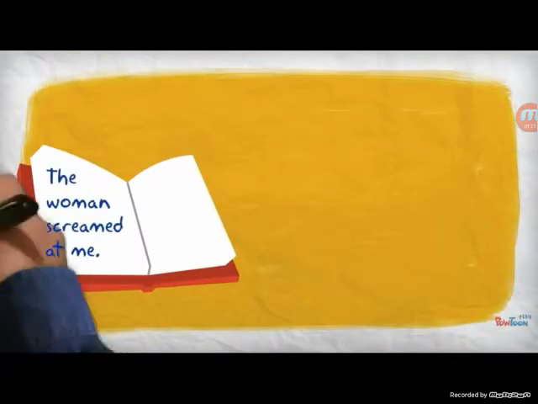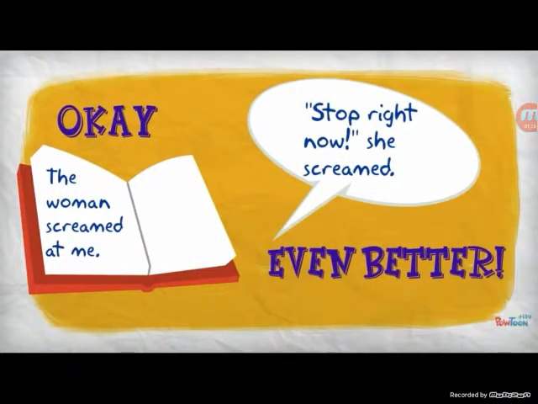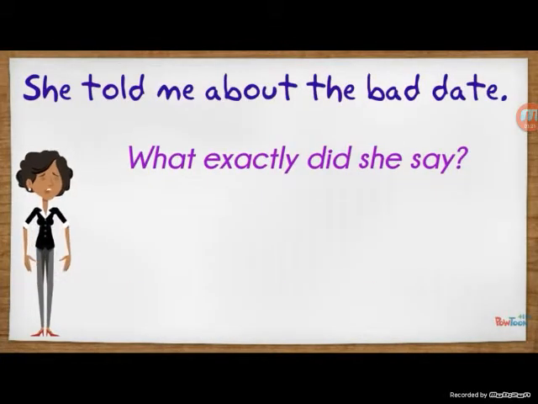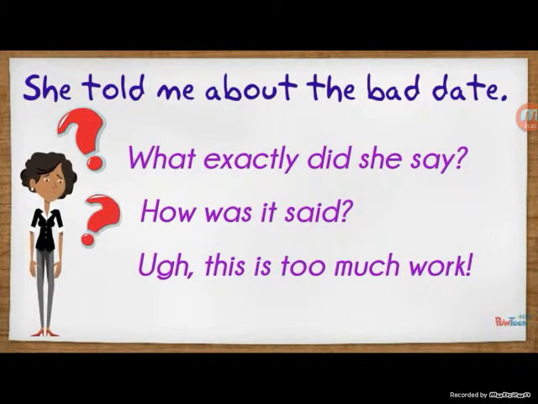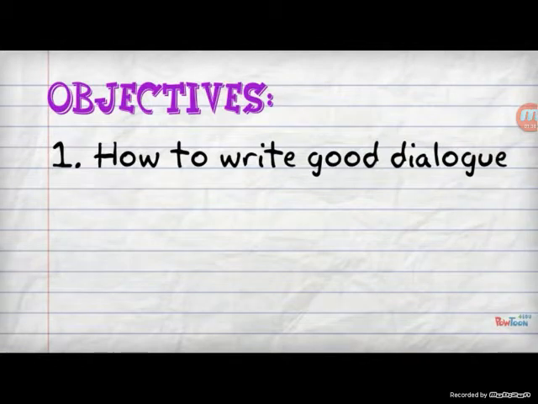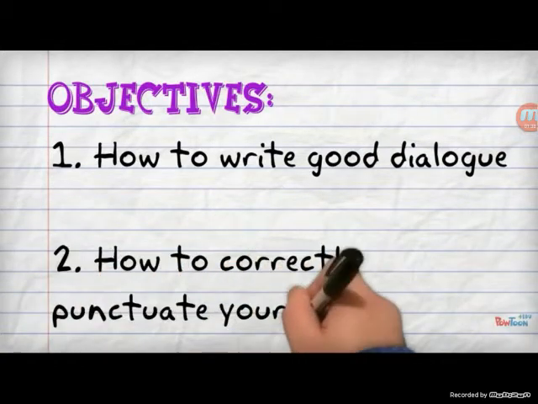Dialogue helps bring that realistic element into your stories and helps the reader relate even more to what's going on in your narrative. It's difficult to tell a good story without dialogue. Otherwise, your readers just have to imagine or infer the conversations that went on in your story. Today's video will teach you two things: how to make your dialogue sound authentic through your word choice, and how to correctly punctuate the dialogue that you do write.